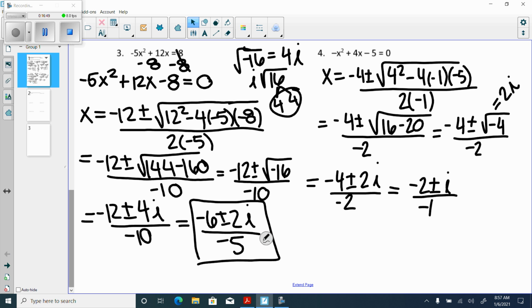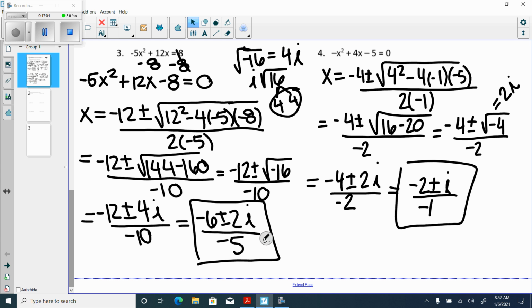Now, if I have these two negatives here, then I just would need to keep in mind, like, -2 divided by -1 could be +2, and I would just have a -1 with my i that I'm dividing by. So on a multiple choice test, it could be written as just